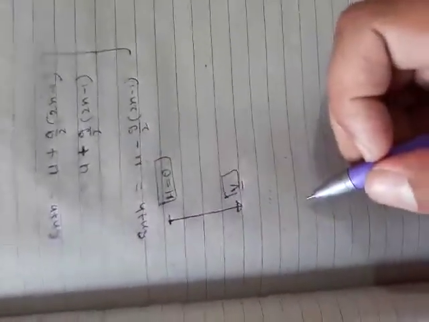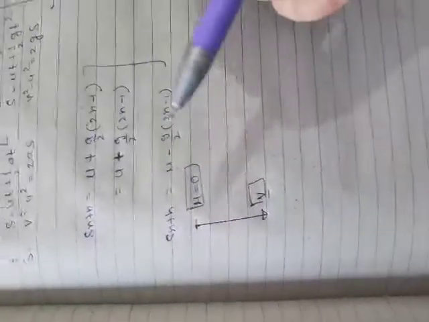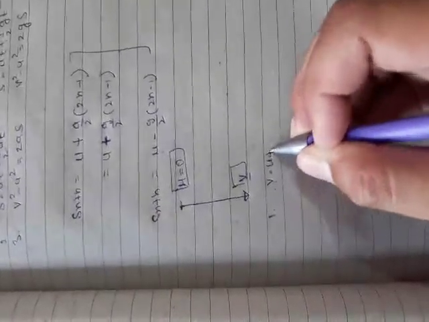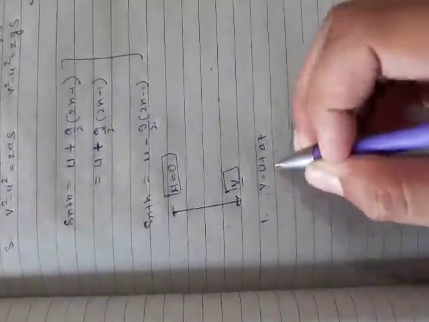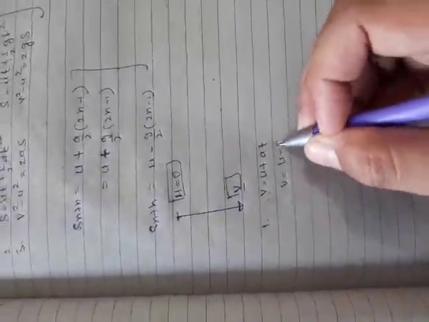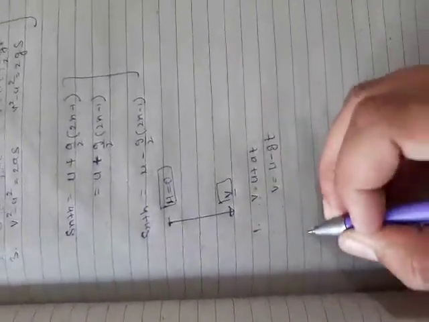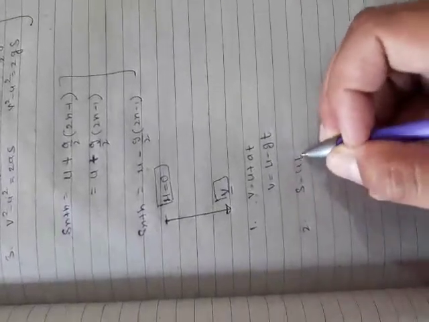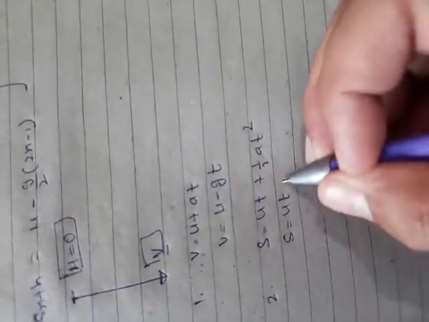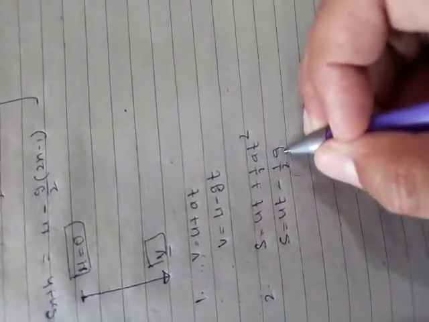At that time we can find different displacements, and we can find the height of the object by different formulas. Simply I can write V is equal to U plus AT, and in the form of gravity, V is equal to U minus GT. Clear? Second equation, S is equal to UT plus half AT square, and we can write this as S is equal to UT minus half GT square.